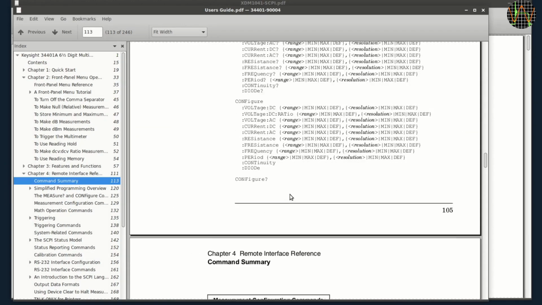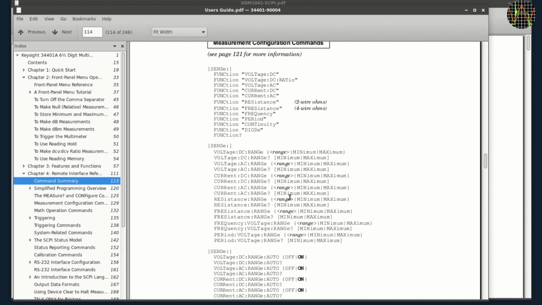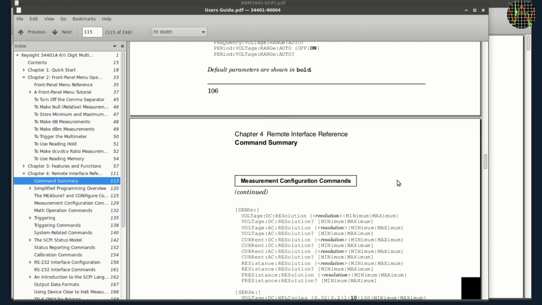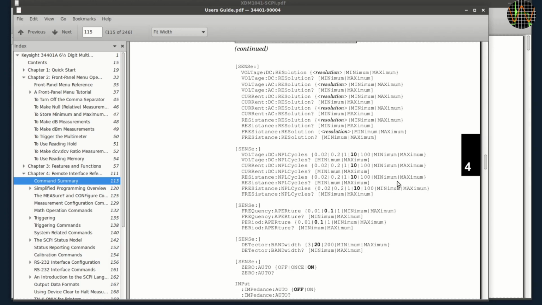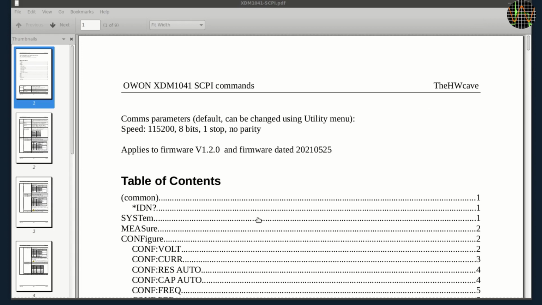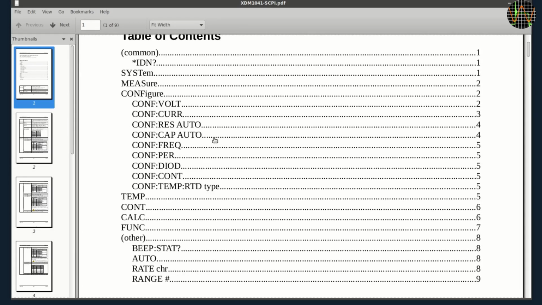There are some standards, one of which the O1 obviously just violated with their OK thing, and then there are differences and dialects in the way certain commands are implemented. That is why the commands are only similar, not identical. The SCPI of the XTM1041 is not documented, but the XTM2041 is, so I use that and a little utility you just saw to find out what works and what doesn't. This is all documented in this table, which you can download from my GitHub page, link in the description.